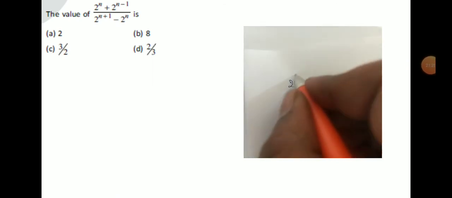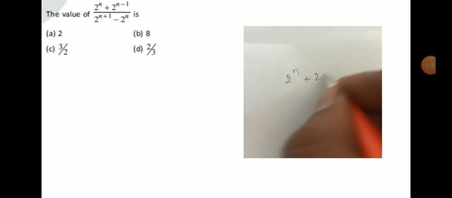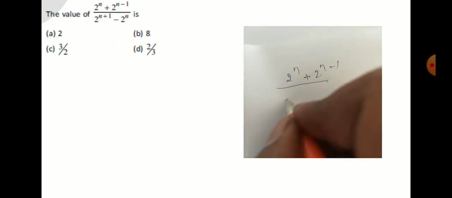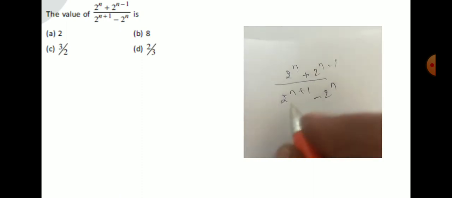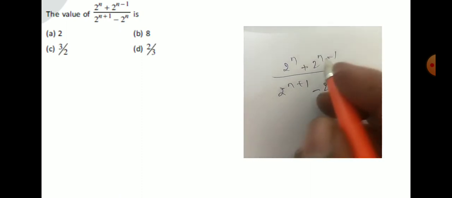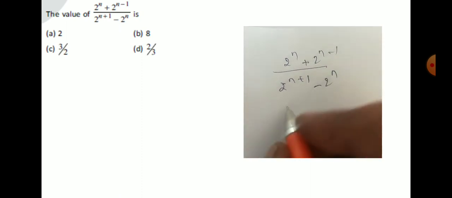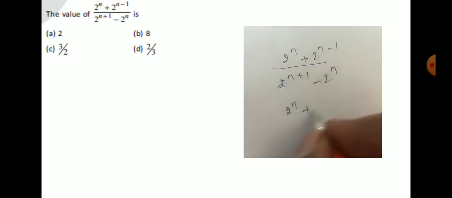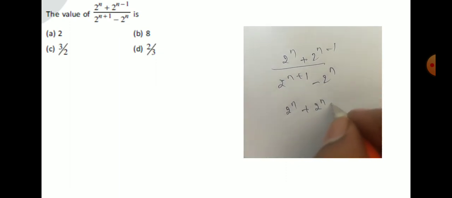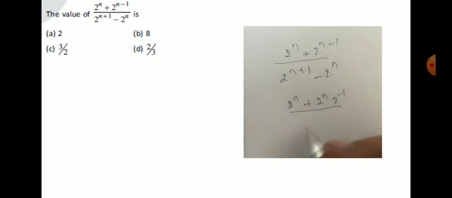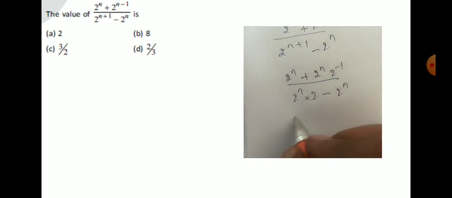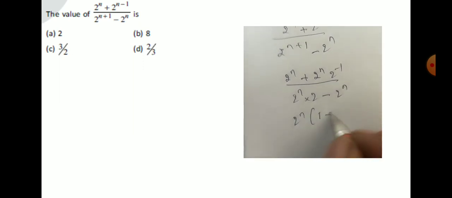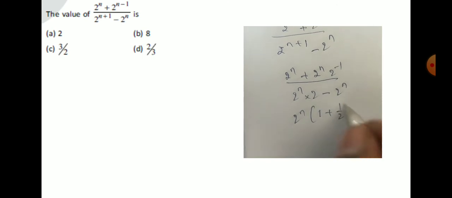Okay, next question. What is that? 2 power n plus 2 power n minus 1 divided by 2 power n plus 1 minus 2 power n. Do one thing, we just split it. 2 power n plus 2 power n into 2 power minus 1 divided by 2 power n into 2 minus 2 power n. Here in the numerator take 2 power n as common, that is 1 plus 1 by 2 divided by